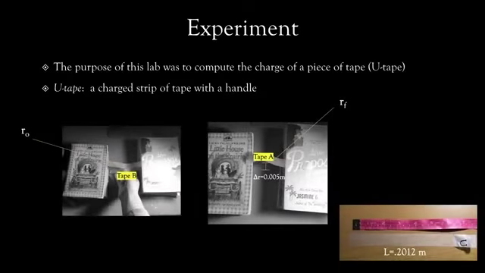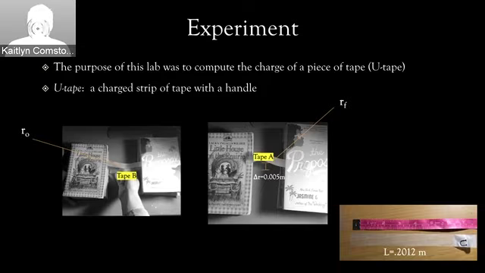The motivation for this lab was to compute the charge of a piece of tape. We began the lab with two strips of neutral tape with handles on them called U-tapes. An additional strip of tape acted as a base tape where the transfer of charges to or from the U-tape occurred through contact. Note that at this point in the lab, we were able to confidently state that U-tape has a positive charge. This is because when U-tape was put into contact with a positively charged pen, the two objects